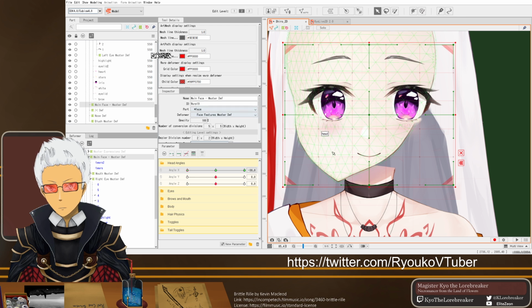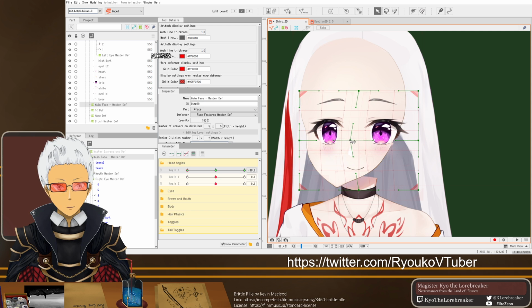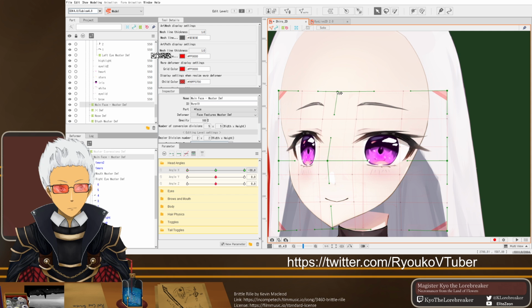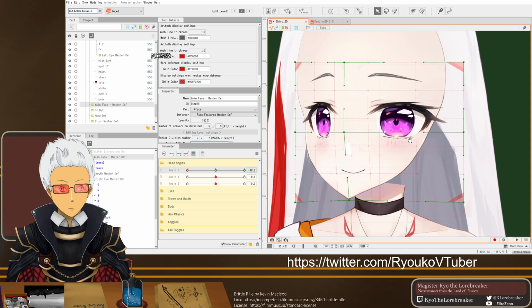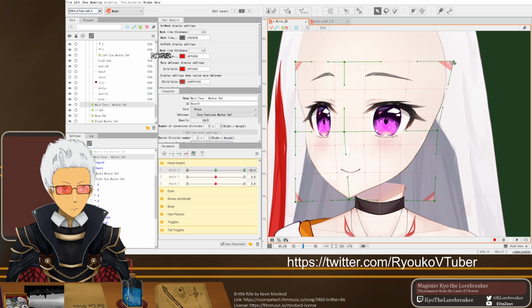So, with the master face deformer, we're going to put in the angle X, and we're simply going to slide her face over. I'm trying to be very gentle as to not overdo it.